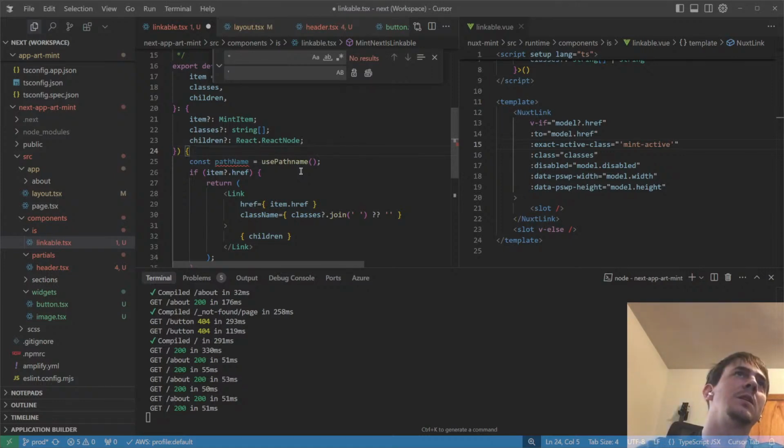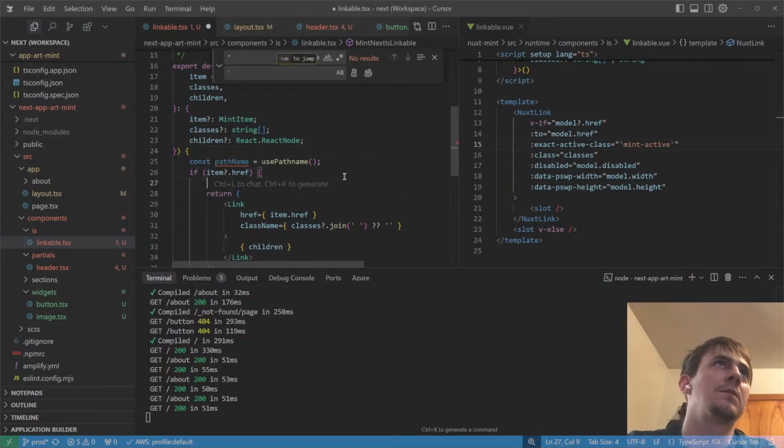Only need to worry about it if there is an href. If item.href equals path name,